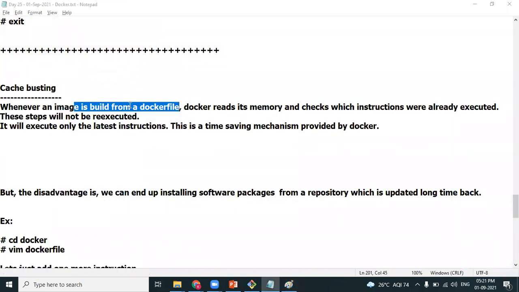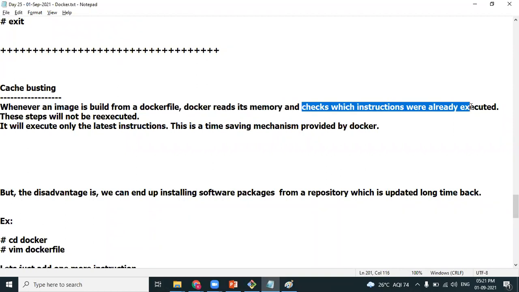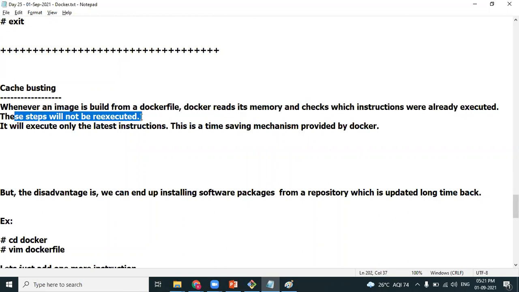Whenever an image is built from the Dockerfile, Docker reads its memory. This is important. Docker reads its memory and checks the instructions which are already executed. Those old instructions will not be re-executed. It only executes the latest instruction.